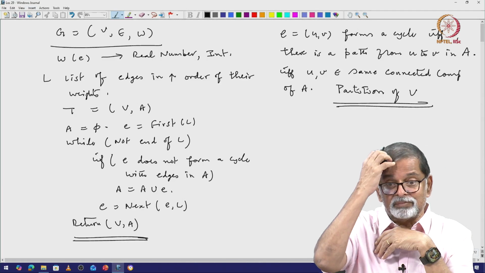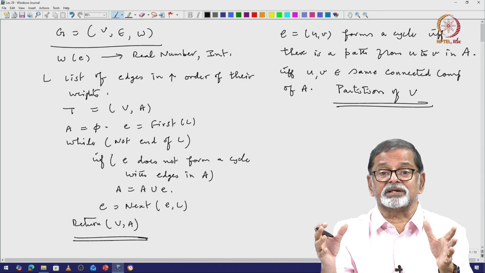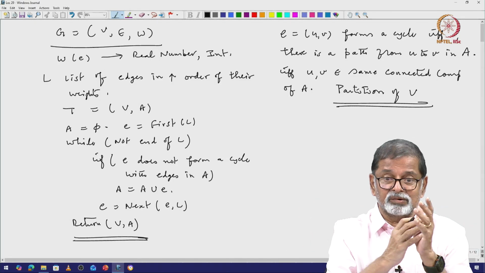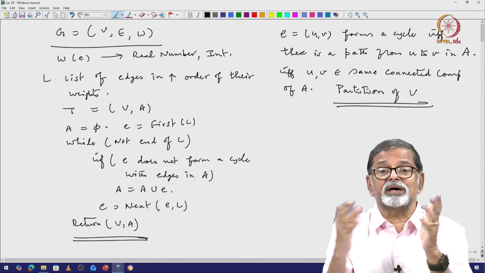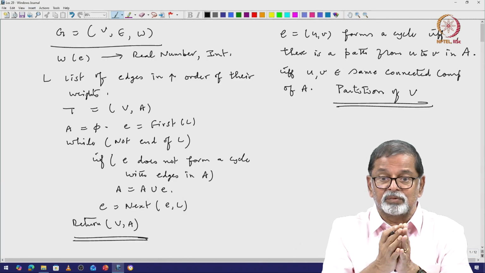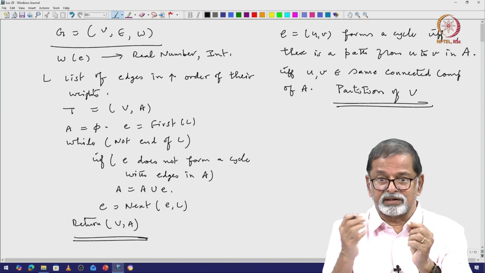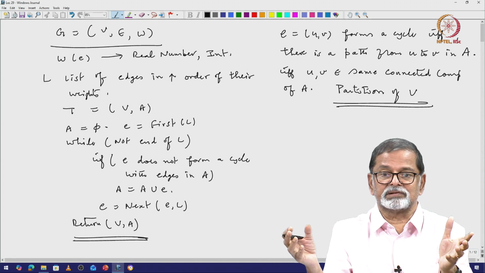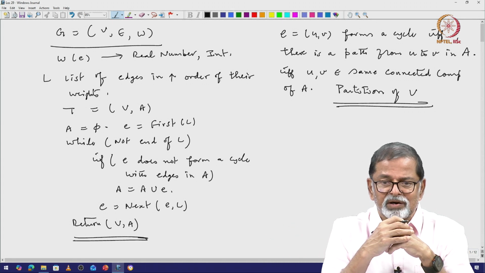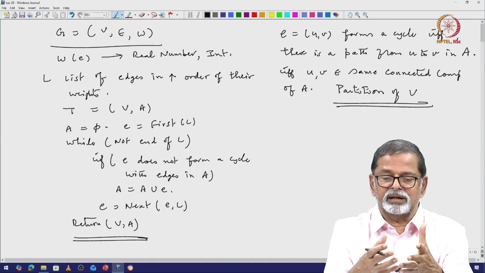A equal to empty is the same as there being no edges, therefore the initial partition is isolated vertices. When you have the isolated vertices, then the finest partition, n singleton elements, becomes your starting point,